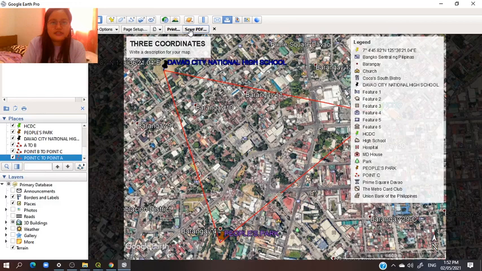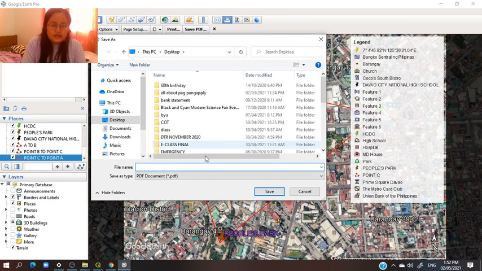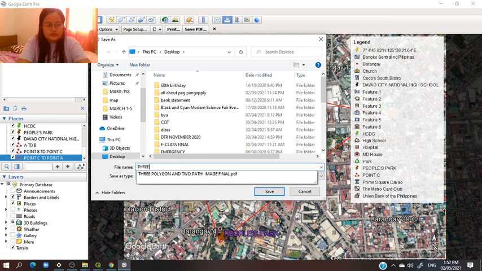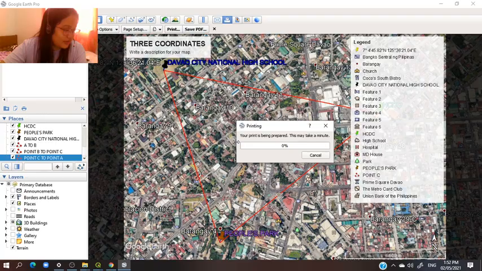It will take us a few minutes. Okay, coordinates Davao. It will save. Now that we have this, going to do next after